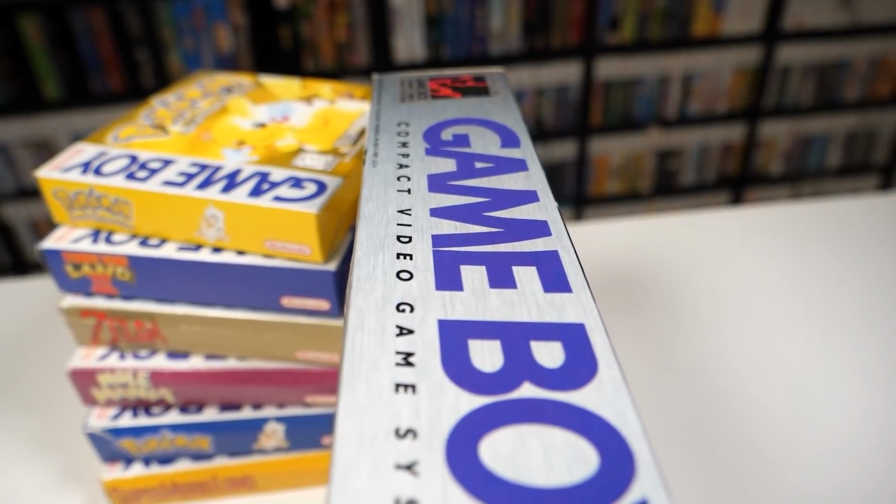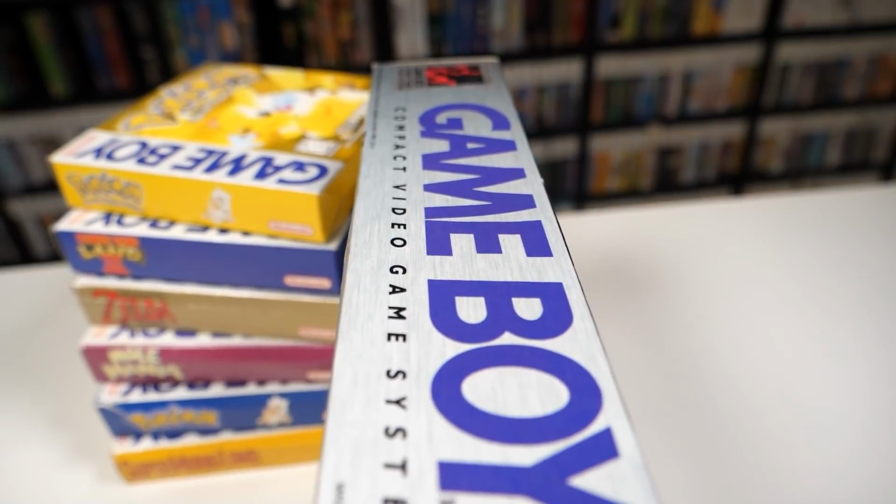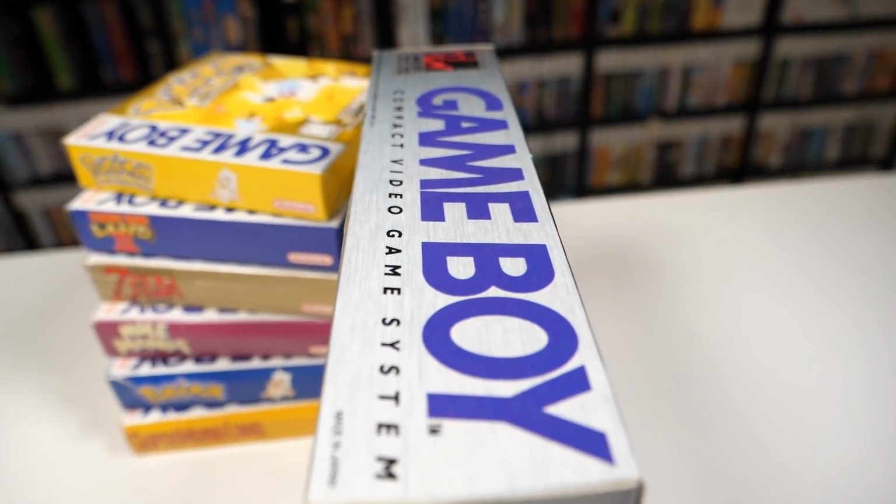They're super beefy. There's a huge modding community that's built around these, around Game Boy Advances, Colors, SPs, Micros, you name it. But there's still something about having that original piece of hardware in pristine condition, you know, in its original format, not modifying it or anything. Unlike this one I have here,